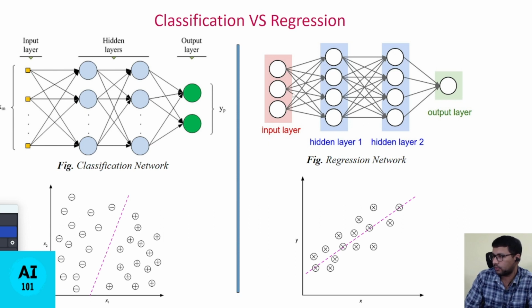In the regression problem, for example, here is one multi-layer perceptron. This is the input layer, this is the output layer, and we have two hidden layers here. In the regression problem, generally we try to identify the next value, the future value, based upon some data patterns. For example, if we have weather data for 10 years, then we train the regression model using that data, and then the model tries to predict the next value.